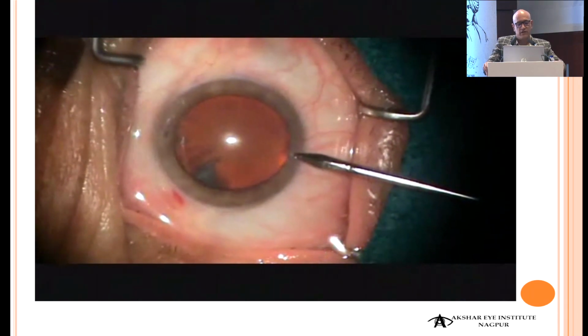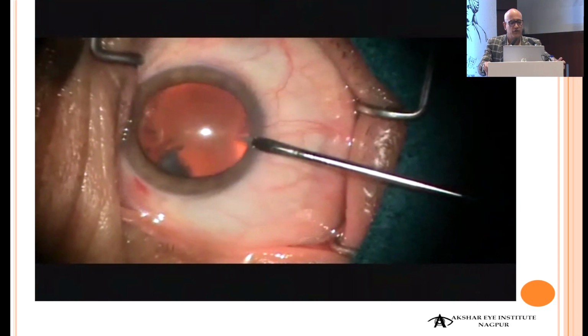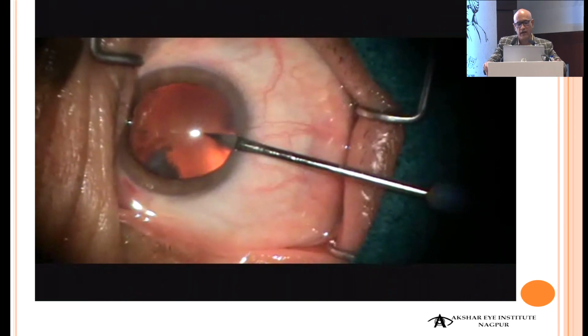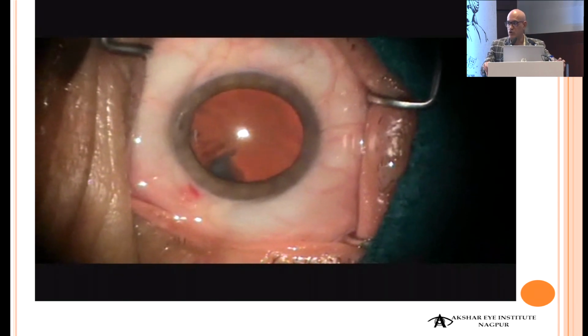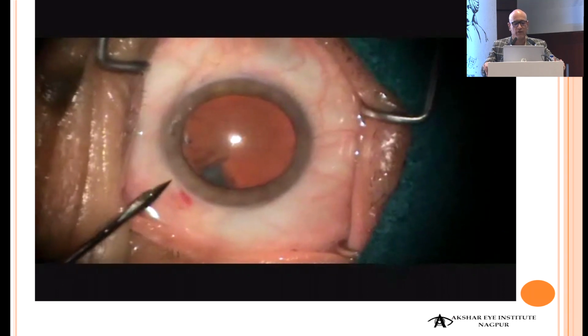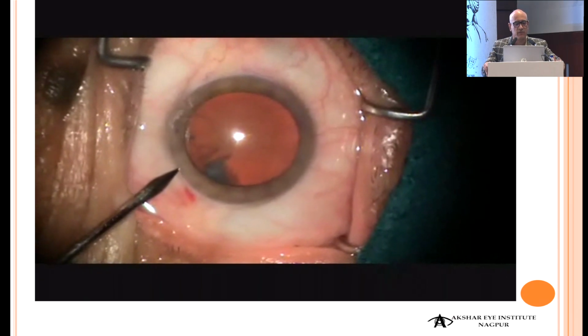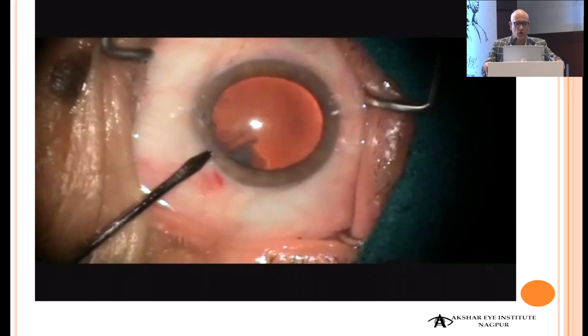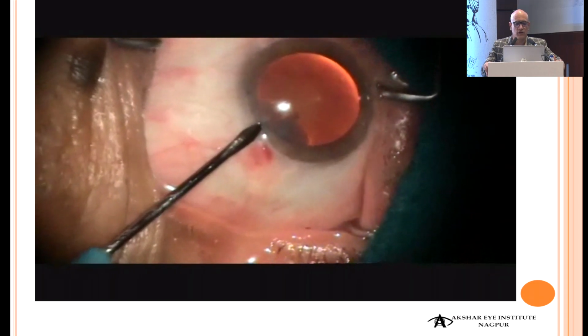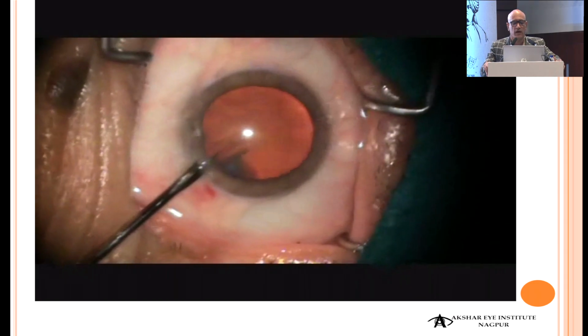Normally, these days I make a left side port first with an MVR blade. Yeah, I'm making it with the right side. So normally you make two side ports with the MVR or lance tip blade, whichever you're comfortable with. And after you have done these two side ports, the first thing that you need to do is